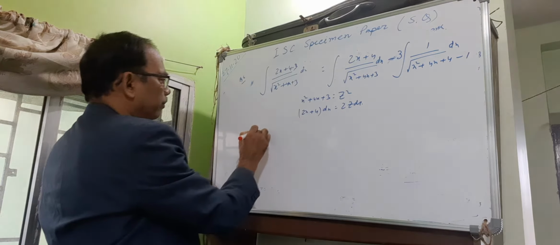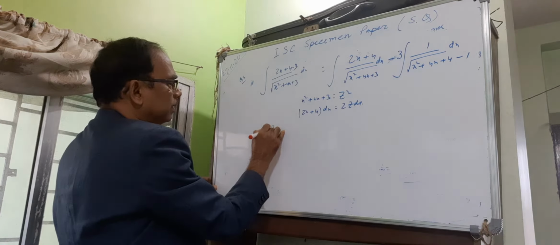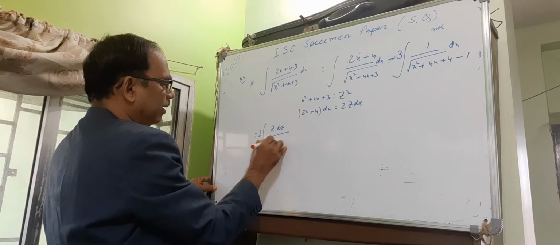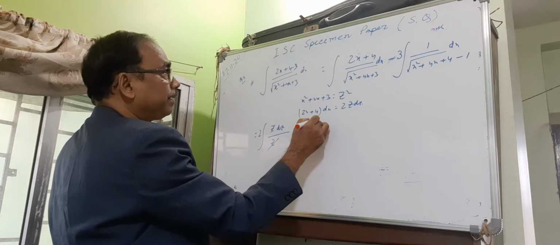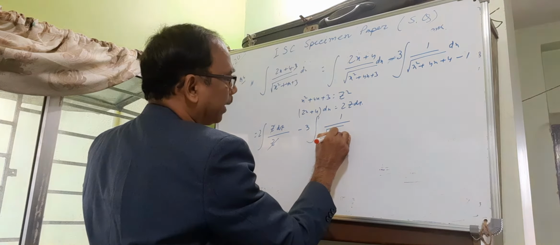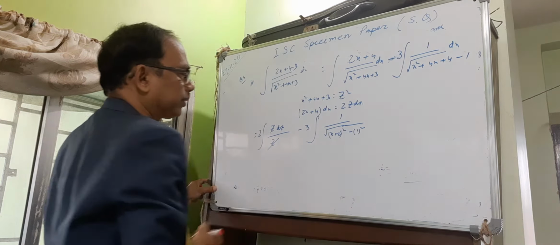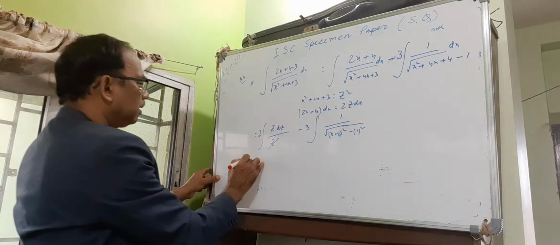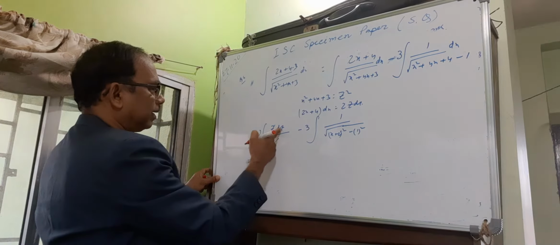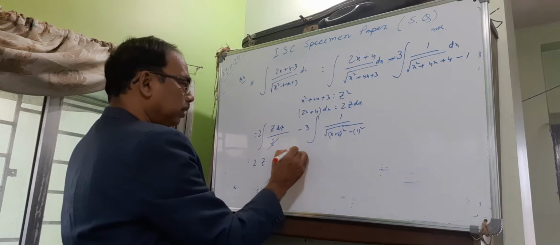Now substitute: 2x plus 4 dx is 2z dz. Now 2z dz over, this is z square means only z. Z cancels. Minus 3, this is 1, this is x plus 2 whole square, root over of x plus 2 whole square minus 1 square, square root of this, x square minus a square formula. This is 2 z dz, integration is z, minus 3, integration of this is 3,